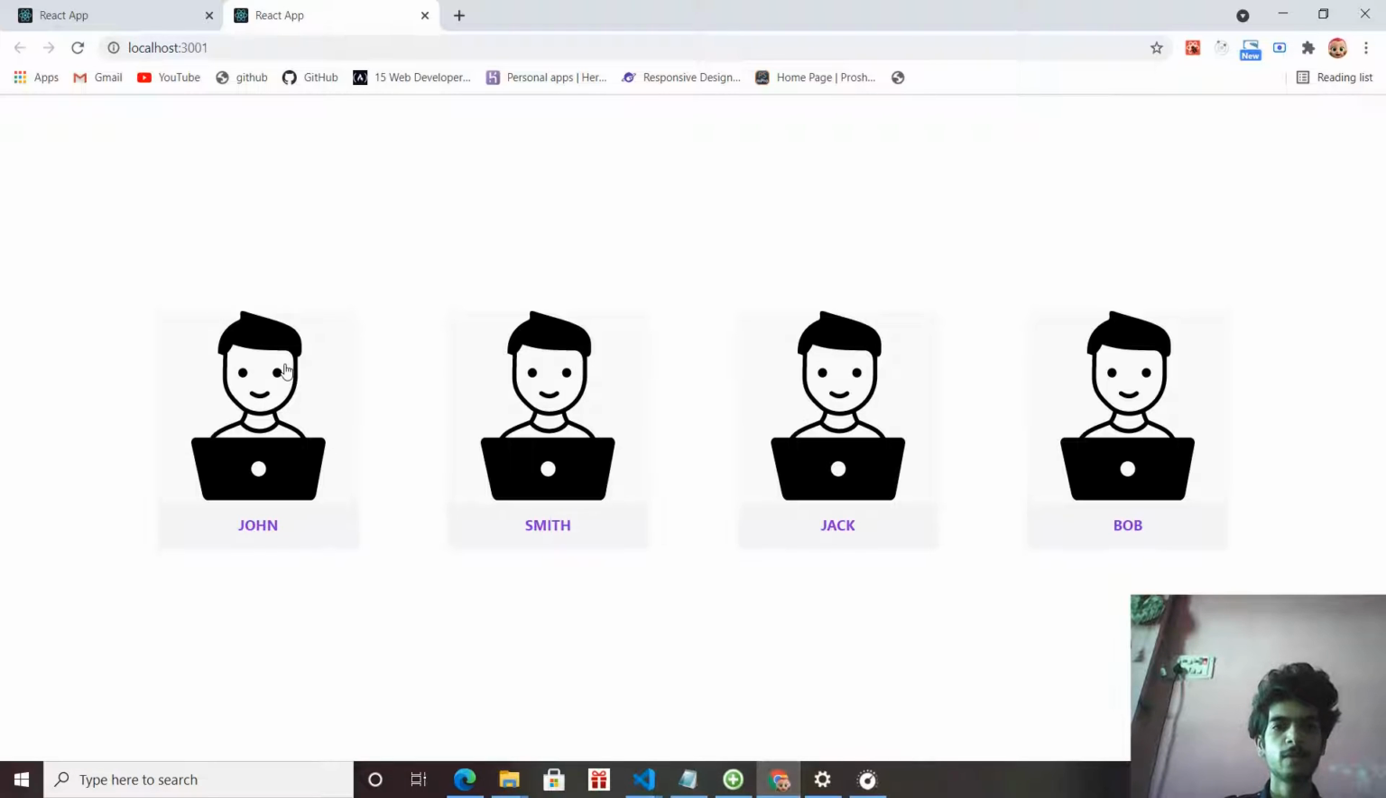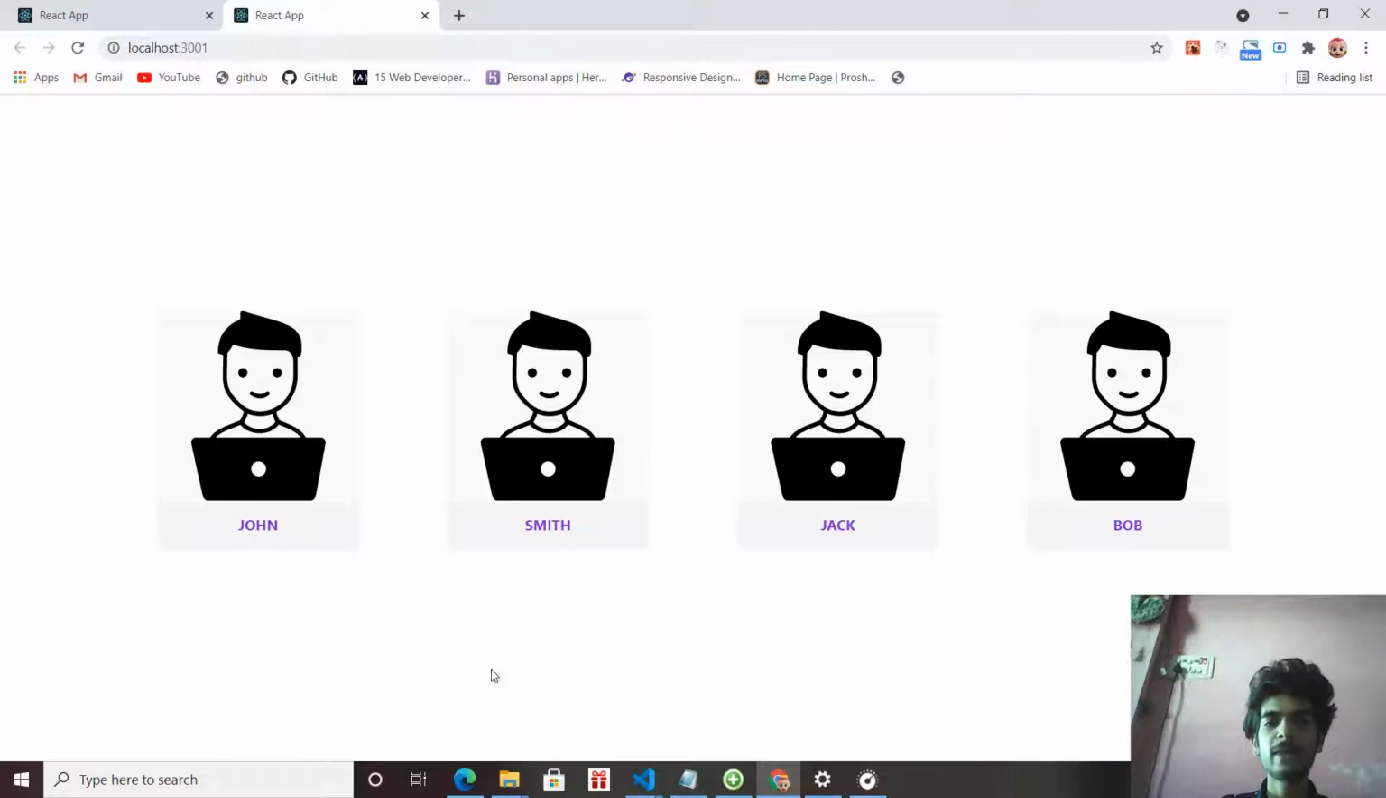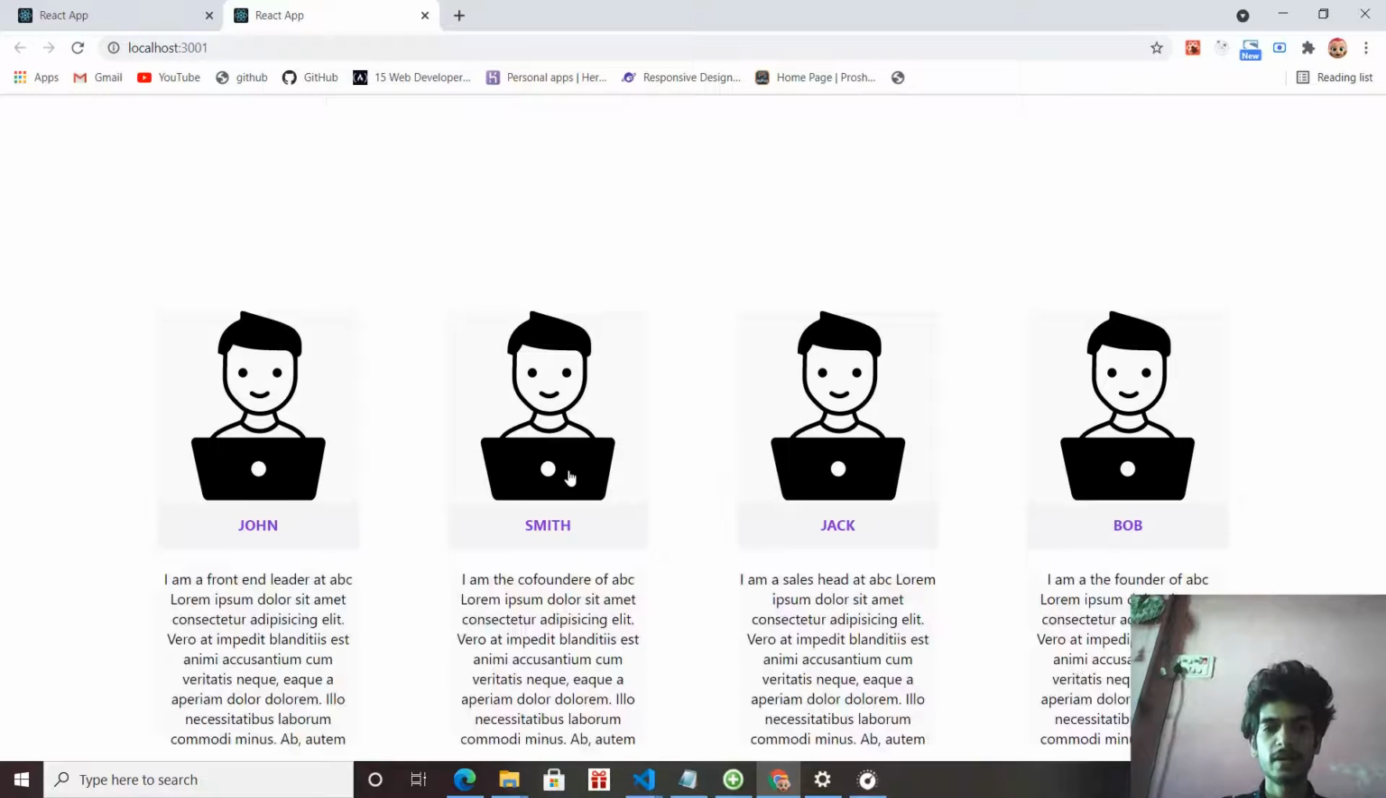Okay, so when I click any one of the cards, see all the bios of all 4 persons come down. Okay, but this we don't want. What we want is, when I click on any one person, only its bio comes with animation. Okay, not the rest of the bios. Okay, so for this,